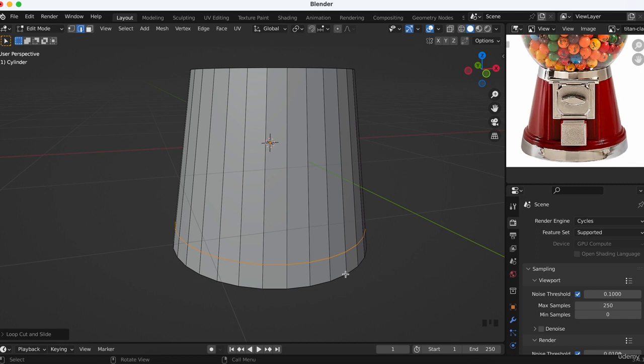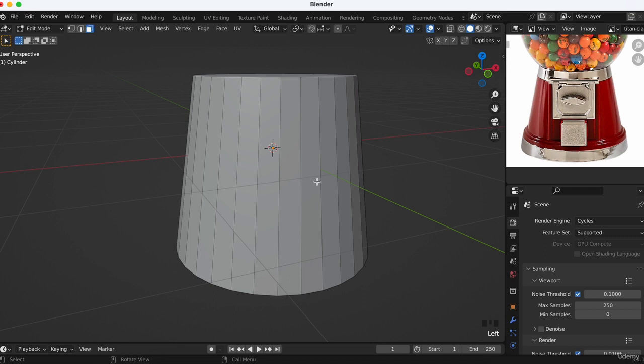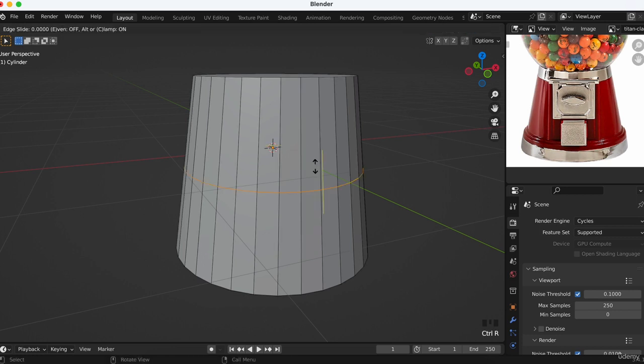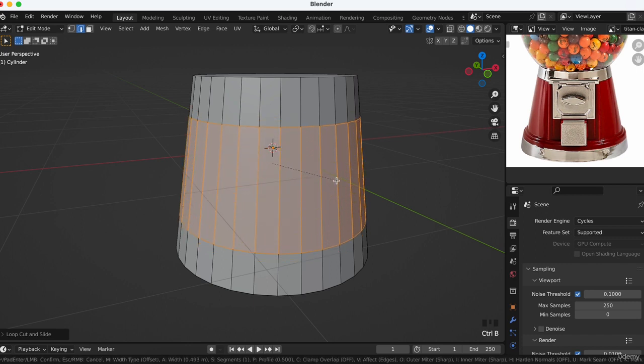So to make them exactly the same dimension, what we can do, we can undo Command Z like this, and then we can just make one loop cut here, and then bevel so it is two segments here and here exactly the same size. So Control R, click, exit, and then Control B to bevel and have two